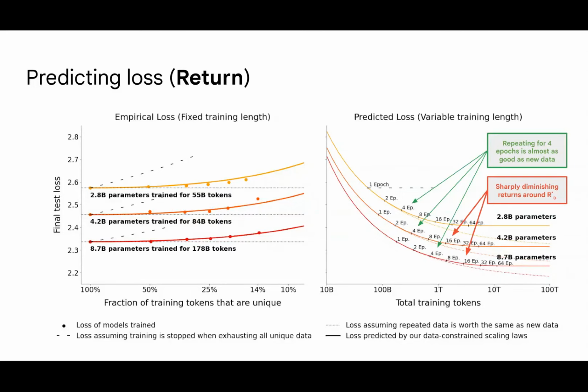We can see that after 4 epochs, the expected repeated performance is quite similar to that of having fully unique tokens. But at 64 epochs, the prediction significantly diverges from the underlying dotted line. It starts costing us a lot more to use the same data. We see similar predictions again with the larger models. There is still benefit from repeated tokens, but the payoff for this return decreases over repeats.